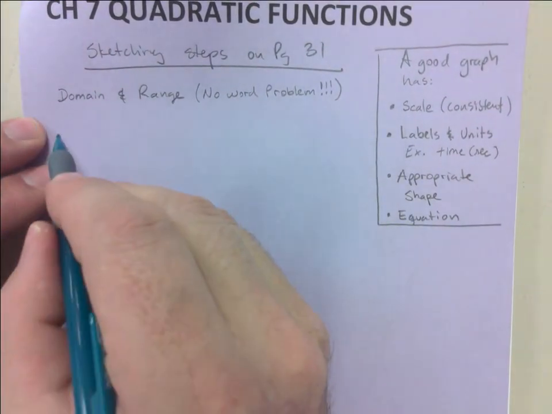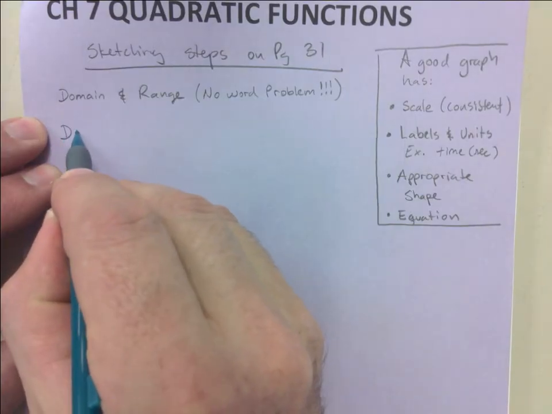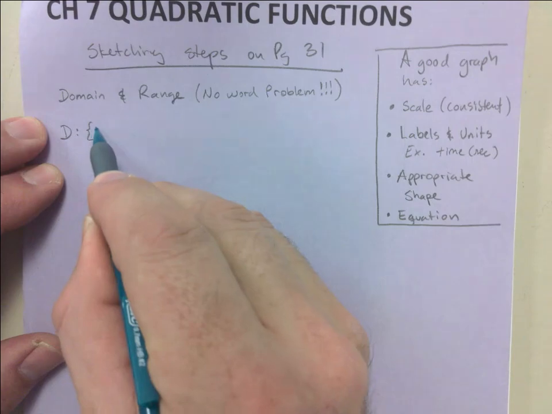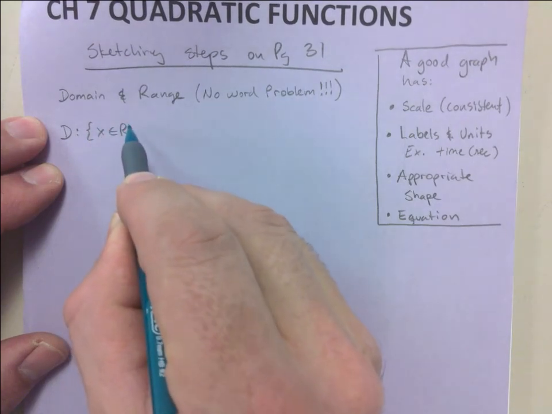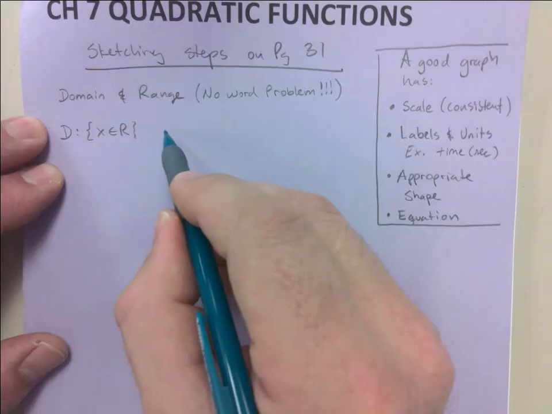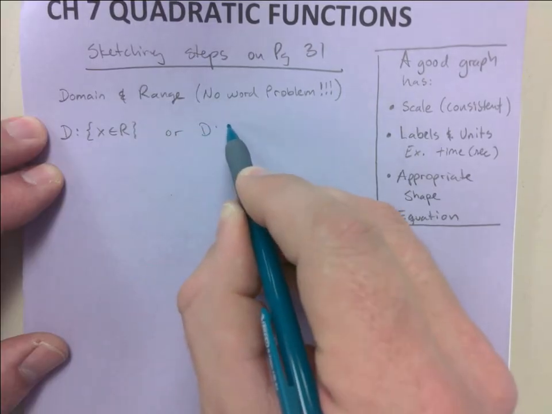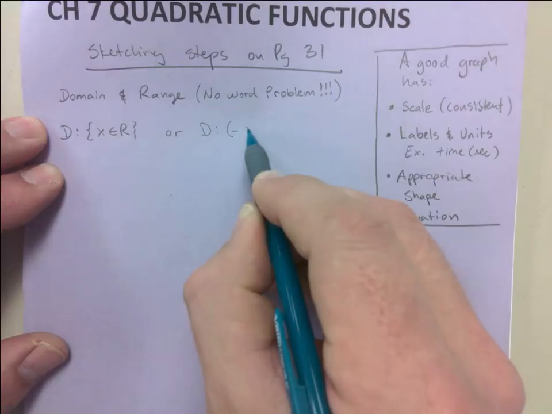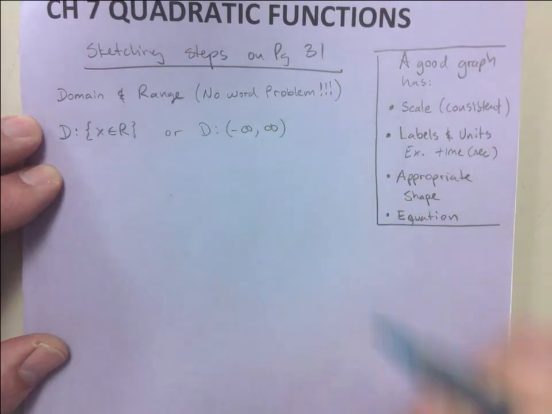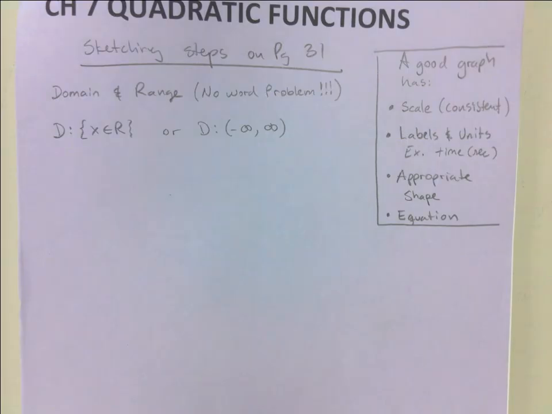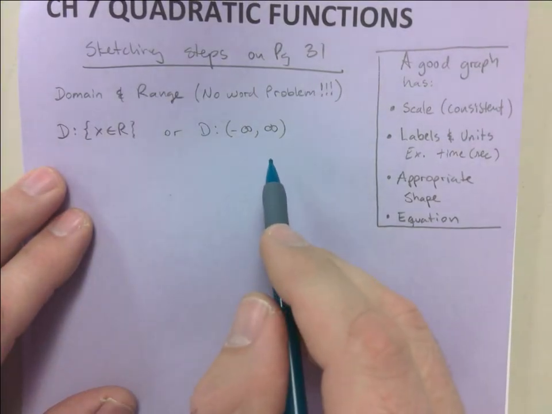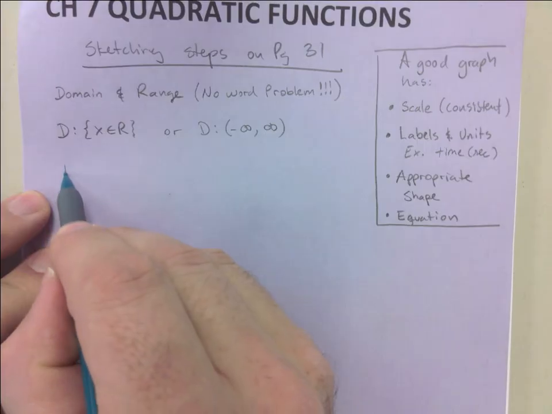So I will just say this: domain is usually X is all reals, or domain is negative infinity to positive infinity. That's just what it is. It doesn't matter which way it's pointing. It just keeps opening up sideways indefinitely. It just opens up and never stops. If there's arrowheads on both ends, then this is what it is. Okay. For the range,